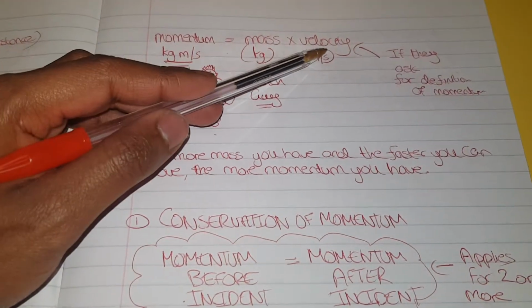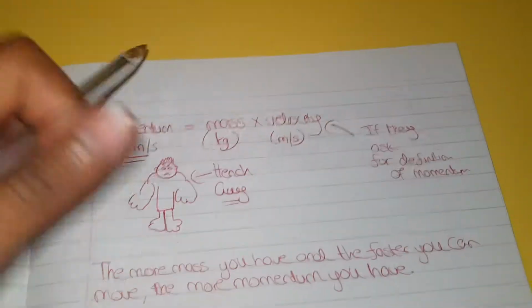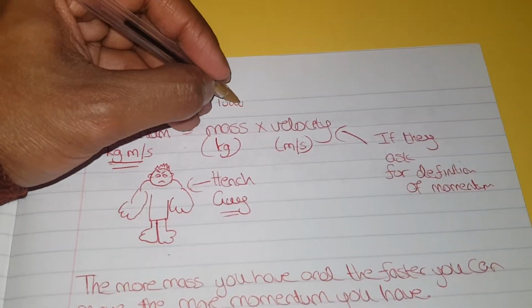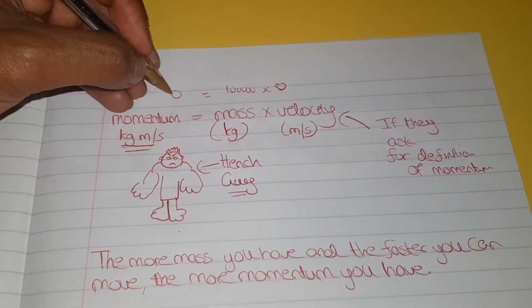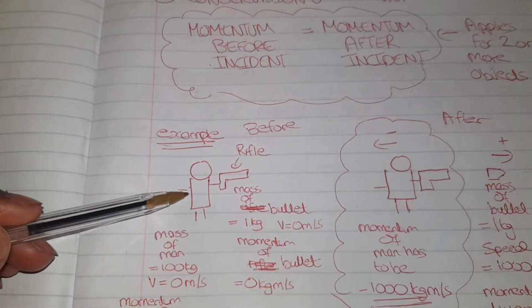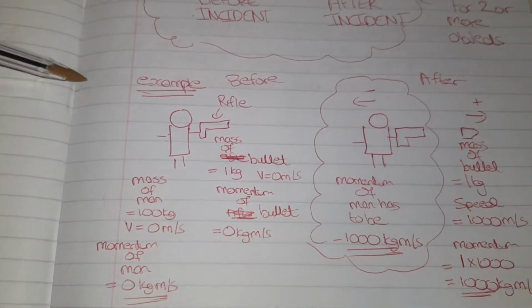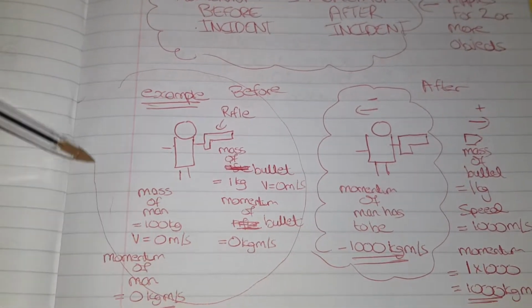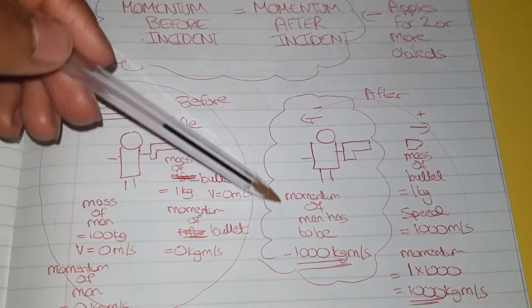So logically speaking, guys, if your velocity is 0, without even doing any calculation, your momentum also has to be 0, right? Because you can have the biggest mass in the world, you can be this many kg. If your speed or velocity is 0, anything times 0 gives you 0 as well. So momentum is 0. So all we're trying to say here is momentum of this guy is 0, momentum of the bullet inside the rifle is 0 because nothing is moving. So if your total momentum of the system is 0 in the beginning, your total momentum after you fire the bullet has to also be 0.